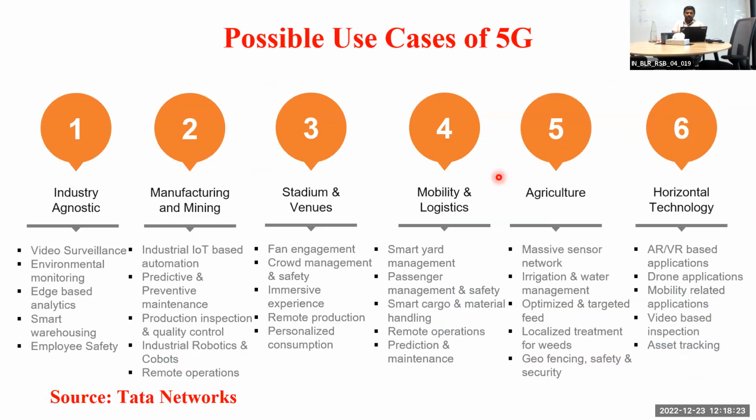Okay. Next are possible use cases, for example, industry agnostic ones. It will be, for example, video surveillance, environmental monitoring, and the best industry agnostic example will be, for example, a thermal power plant. Somebody has to go there and monitor and inspect each and every system, right? Where you can just use drones. You can fit some IoT devices there. Drones can fly around and monitor the temperature, humidity, or whatever parameter you intended for. Okay, so it can do that.